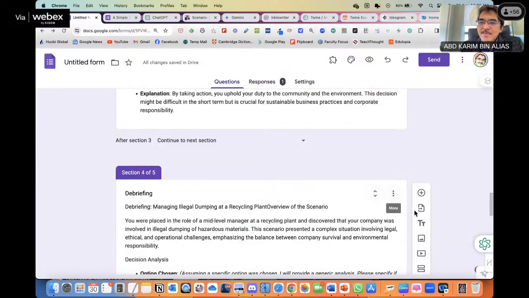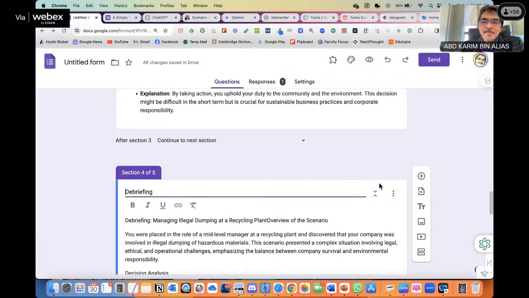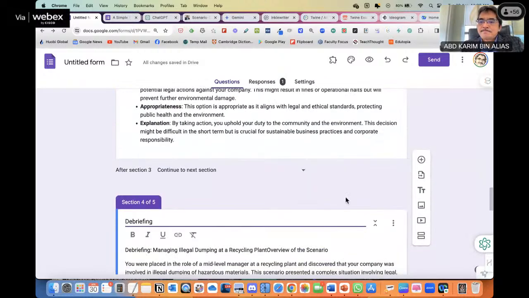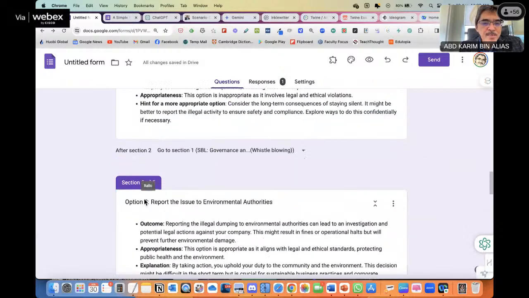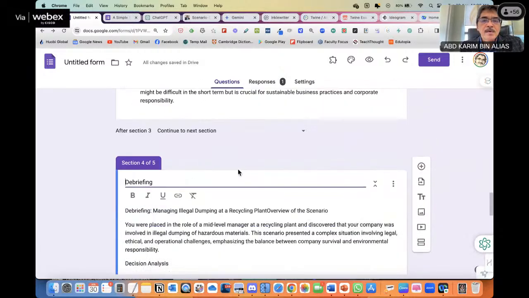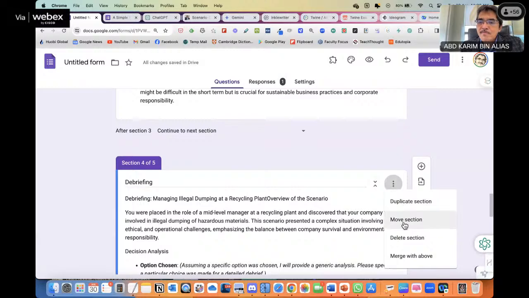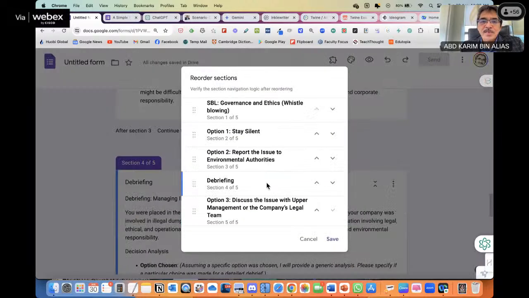Anyone can help me? Macam mana nak move this section down, ya? Anyone can help me move section, yeah? Move section. Ni pun tak ada orang nak tolong.